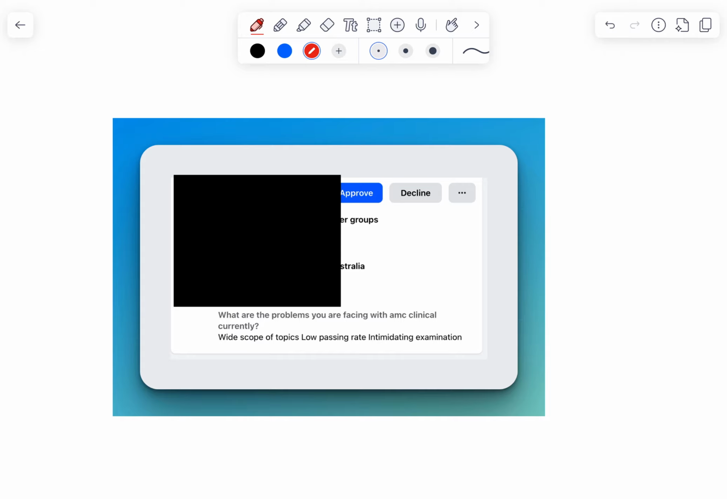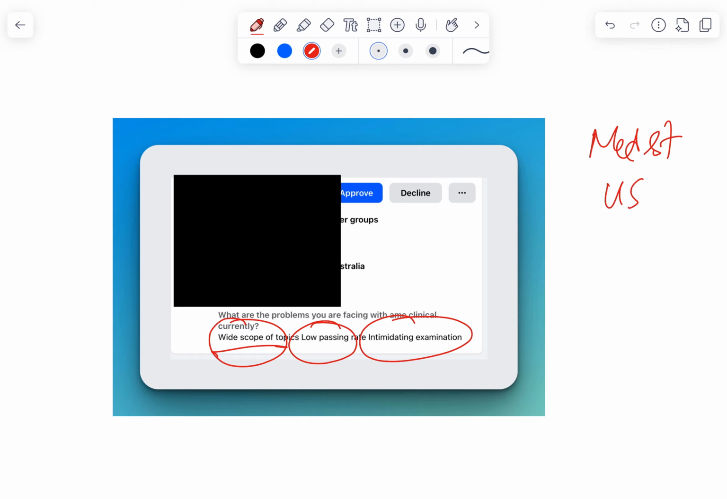Wide scope of topics for clinical exam, low passing rate, intimidating exam. Show me which exam on planet Earth doesn't have a wide scope of topics, low passing rate, and is intimidating. If you are a medical student or any doctor preparing for USMLE Step 2 CS or NZREX Part